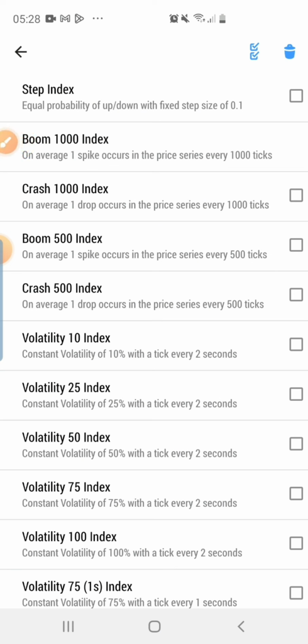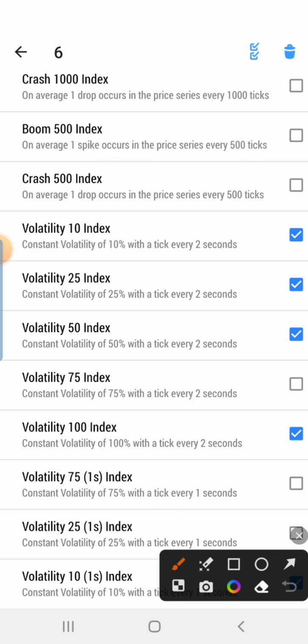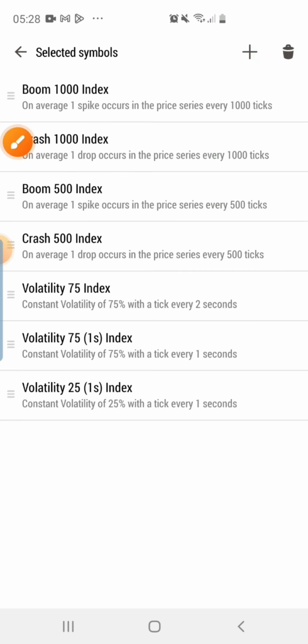Now mark those things I'm marking. Mark the ones I'm marking. If you have them on your quote, mark them. Mark this, then mark this one, mark this one, mark this one, mark this, mark this one. Okay, so when you select all these things, you click on this icon again, click on that icon right there, boom,